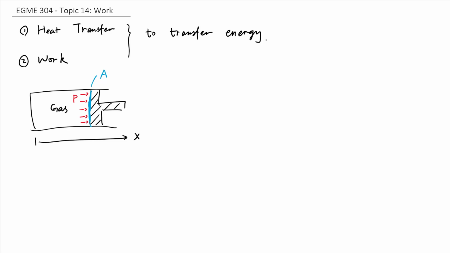object by work. Okay, so now let's take a look at the diagram. For example, this diagram is a piston cylinder assembly, which is a simplified version of the engine in the car. When you burn the gas, it will expand, and then the pressure P will start pushing the piston to the right. The cross-sectional area being pushed of the piston is equal to A. The horizontal direction is our x-coordinate. So we want to know how much work is generated by this gas because the gas is pushing the piston